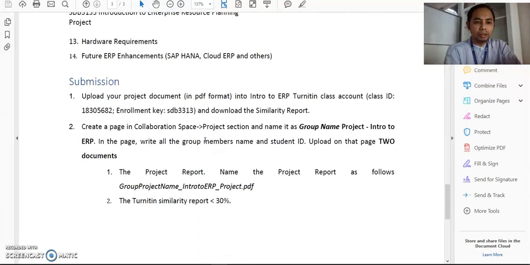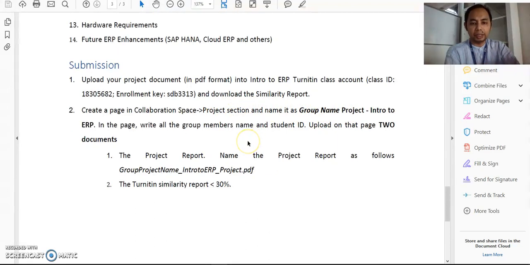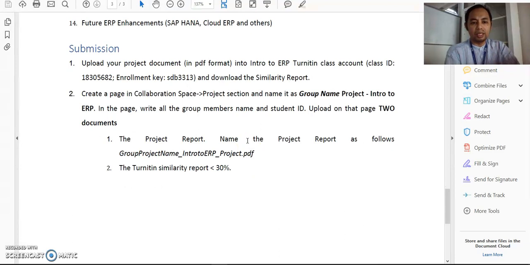Okay, to submit, you need to upload your project document into Turnitin, because you need to download the similarity report. So you download the similarity report, and then you need to create a page in the collaboration space project section and name it as group project intro to ERP. So you need to have your group name followed by project intro to ERP, and in this page you would attach the report, okay, and also the Turnitin similarity report,